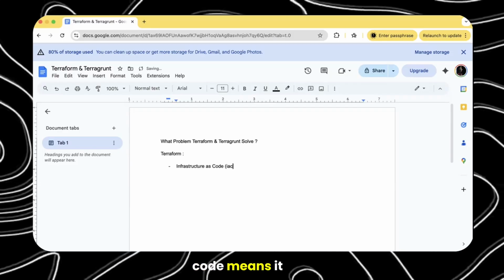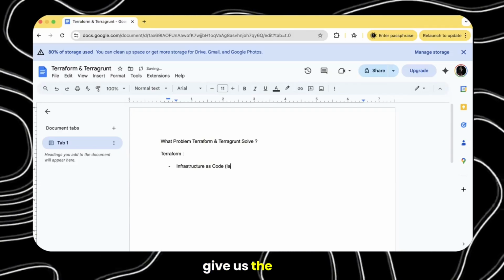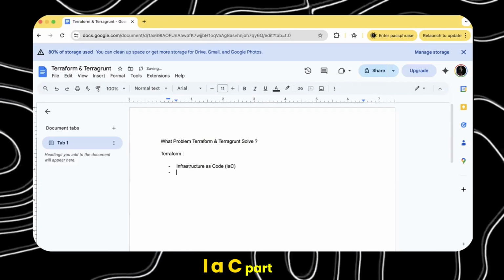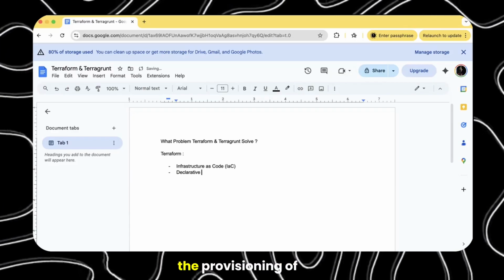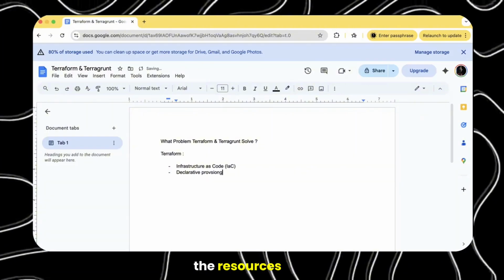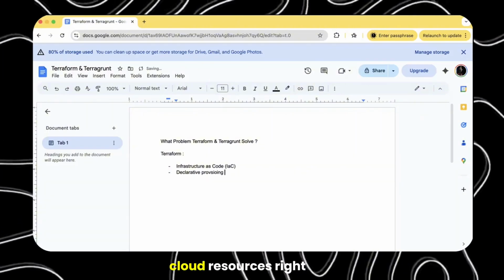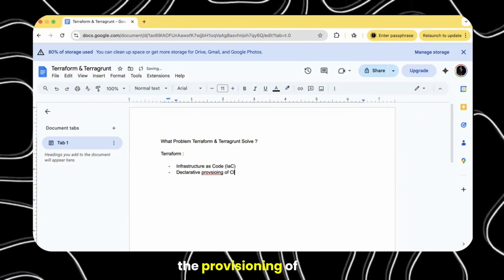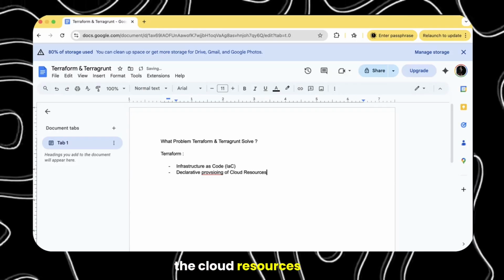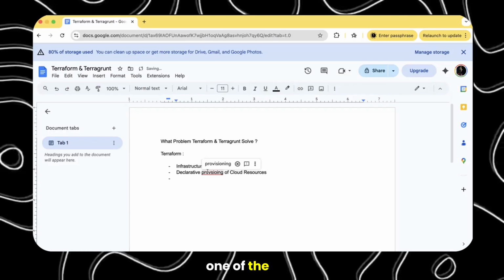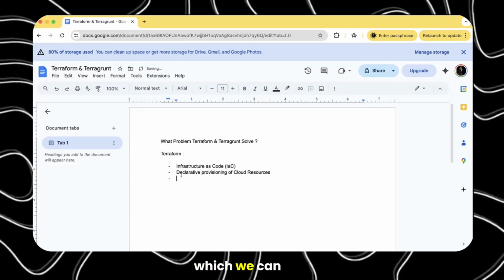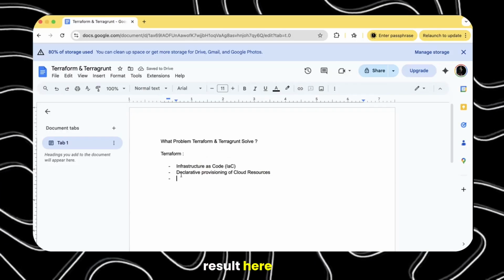Infrastructure as code means it is going to give us the IaC part. The second part is that you can declare the provisioning of the cloud resources with this. So that is another part which we can resolve here.